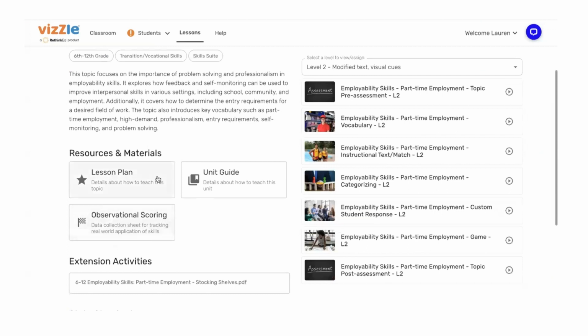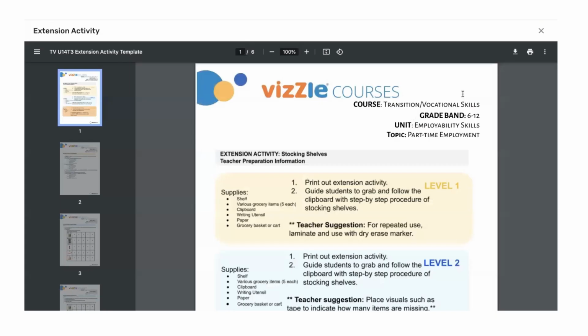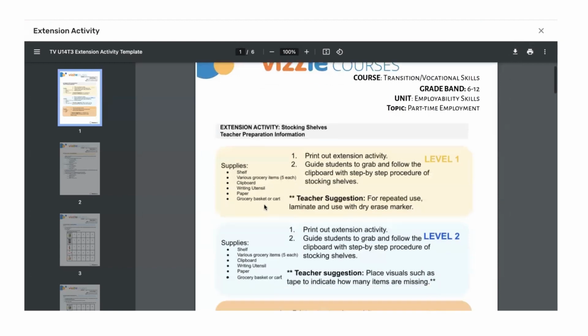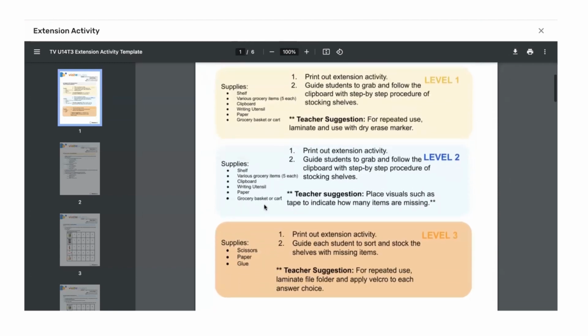This gives you your lesson plan, your unit guide, that blank observational scoring sheet if you want to track that offline information, and our section for extension activities. You simply click and open up the activity here, and then in the upper right-hand corner, you can download it, you can print it out. And what I want you to see is that the first page is always a set